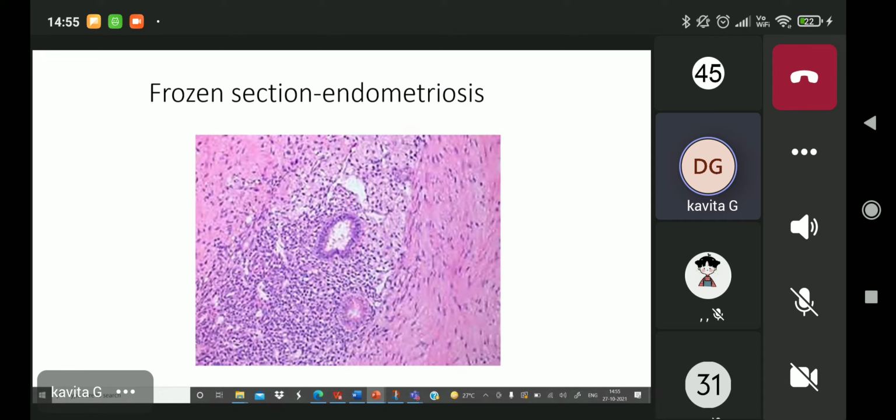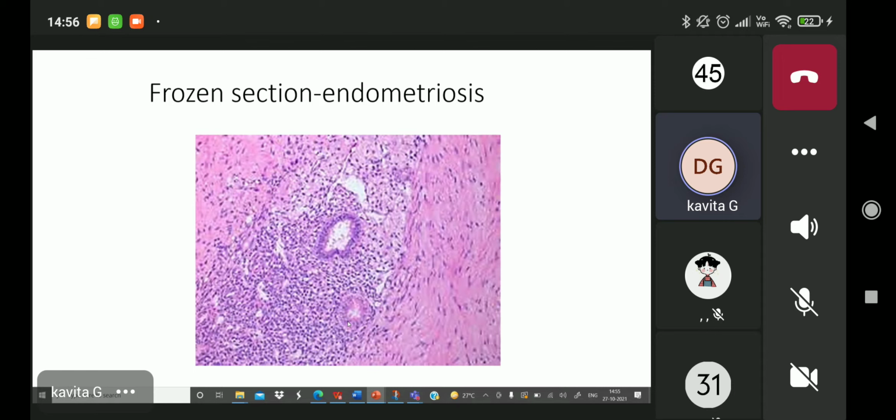So then the surgeon may ask you, okay, please kindly, the patient has a nodule. Is it malignancy or is it something else? So then they do a frozen section. Now, after doing the frozen section, I've explained to you earlier how you do frozen section. So on a frozen section analysis, you can see the presence of one endometrial gland, another one over here, and this is the presence of endometrial stroma. So the lesion is definitely not malignant.